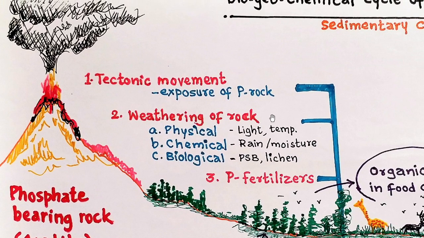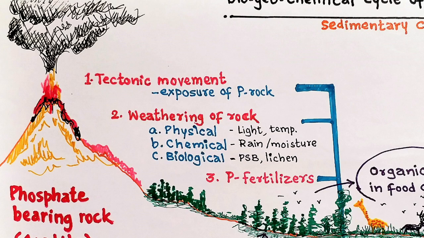The earth crust is covered by various tectonic plates, and these plates are moving, floating over the lava. We know that the tectonic plate of the Indian subcontinent is moving towards the north, towards the North Pole, whereas the Tibetan tectonic plate is stable. The tectonic movements result in earthquakes, tsunamis or volcanic eruptions. These movements expose phosphate-bearing rock to the atmosphere.